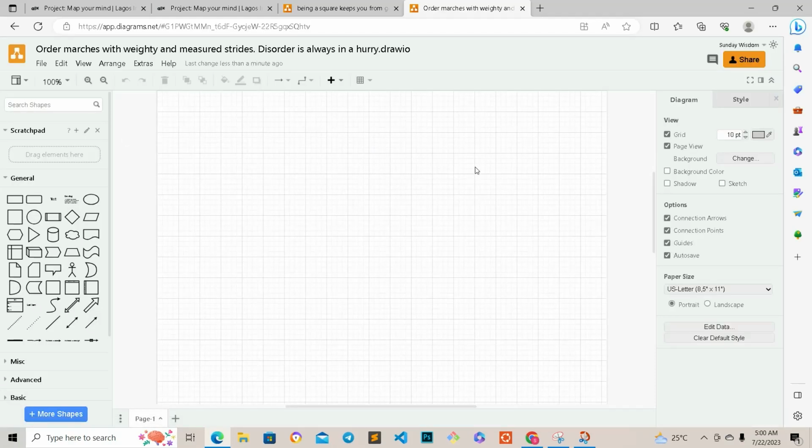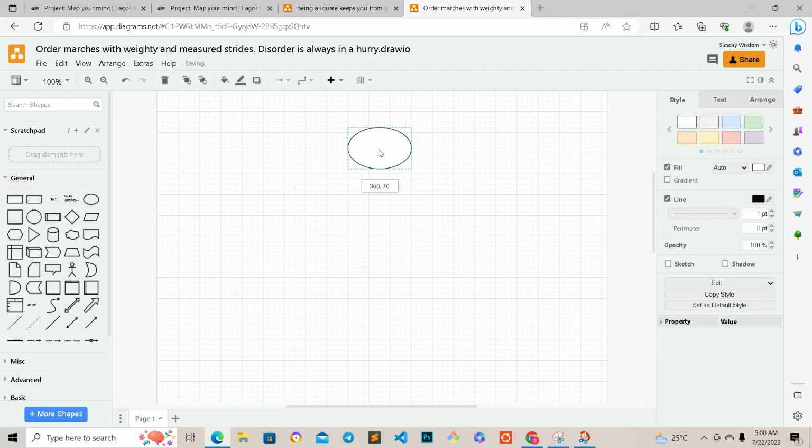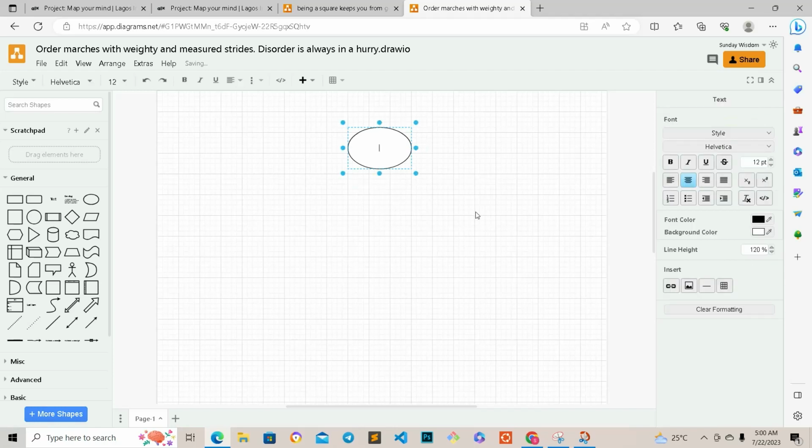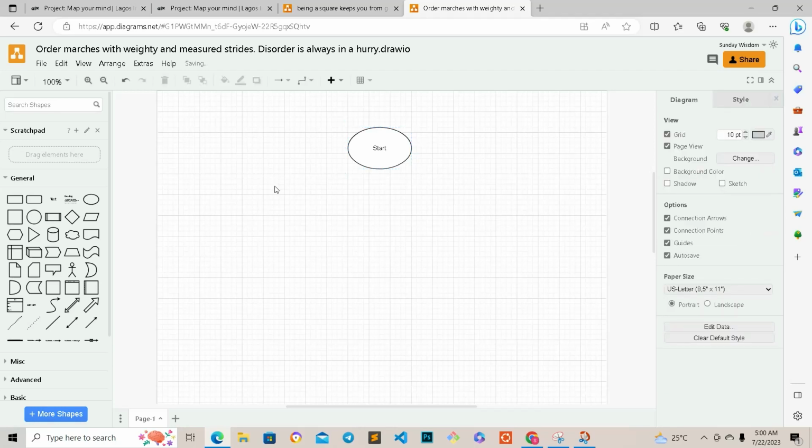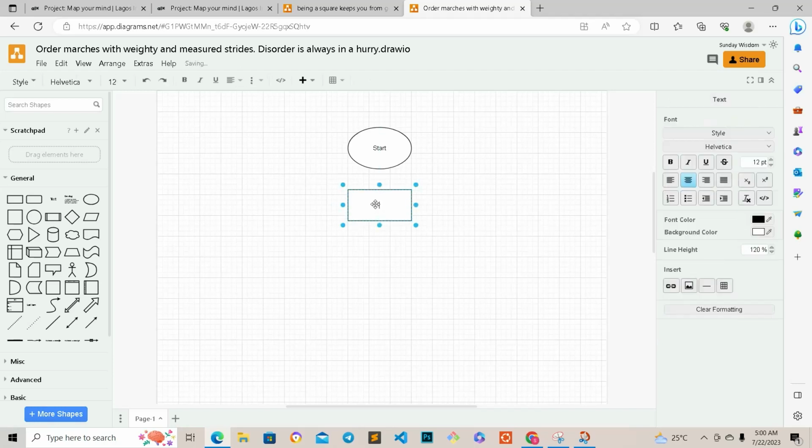All right, guys, great. So here we are in our draw.io. The first thing we're going to use is our ellipse tool. So we pick our ellipse tool, and here double click, and we start. Now the next thing we need to do is to bring in our process diagram, and in our process diagram we are just going to declare our variables that we are using. So we declare our variables